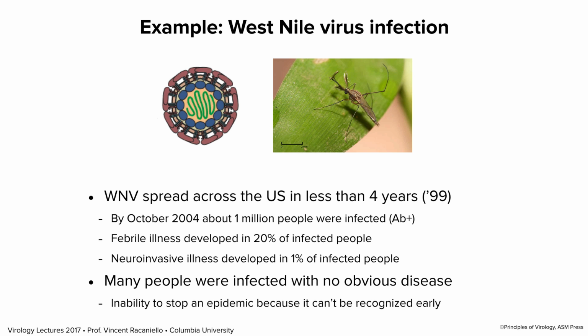Now, unfortunately, we're in an era where there are people walking around the globe who think vaccines either don't work or they make you sicker than the virus itself. It's very hard to combat that, but it leads to people dying from vaccine-preventable illnesses. We'll get back to that later. So that's an example of an inapparent infection. There are plenty more of them as well.